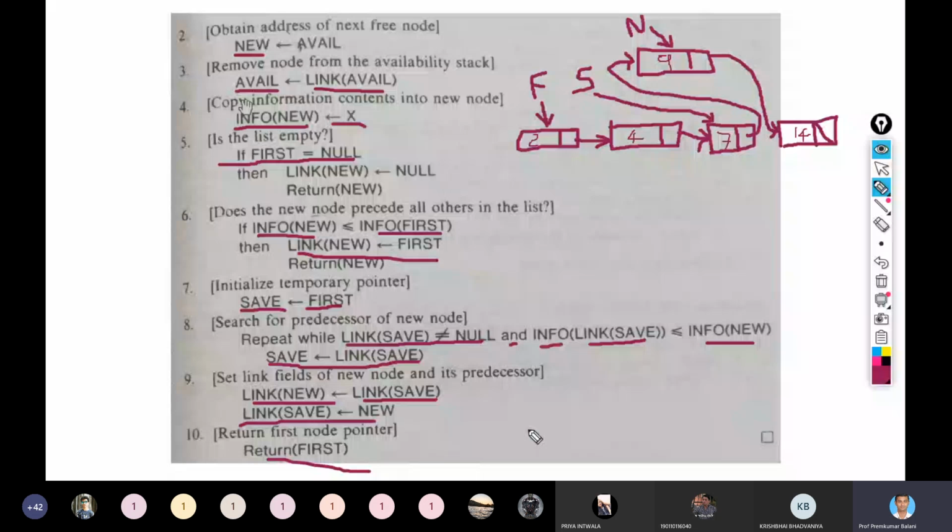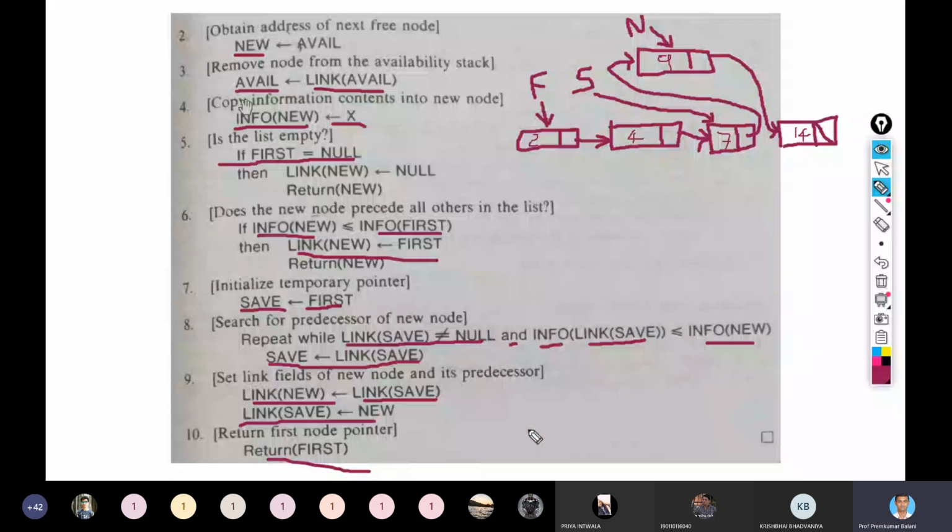Roll number 2. Roll number 4. Are you there? Roll number 4.